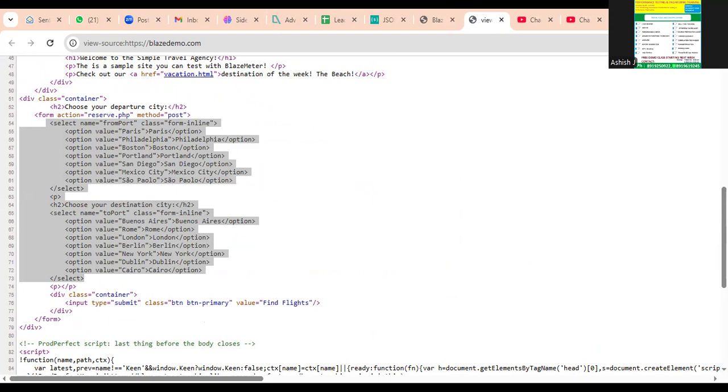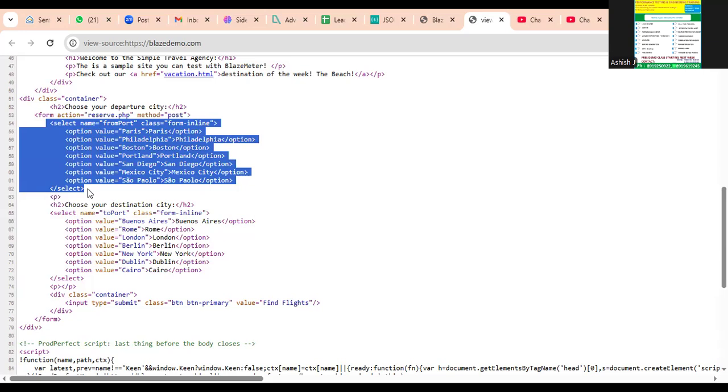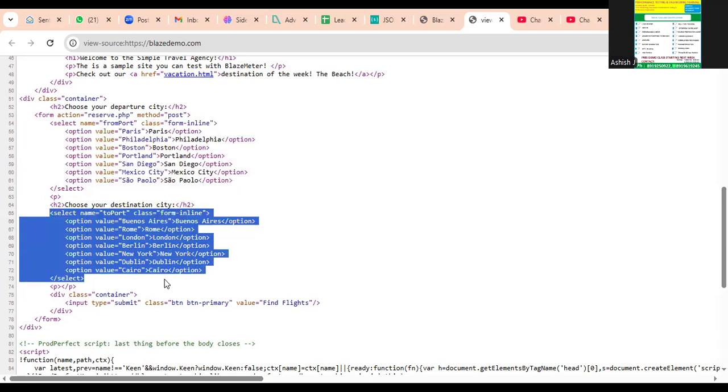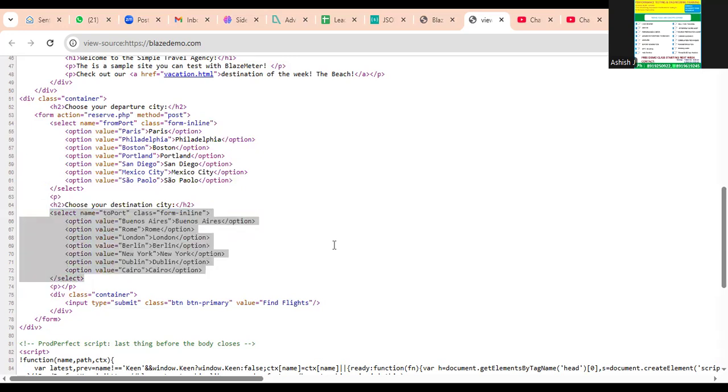Sorry. Let me put this here. So with this left and right boundary, it is capturing all the 14, right? In this 14,